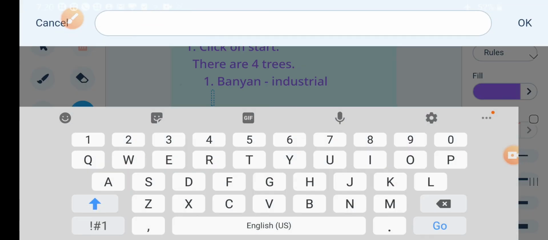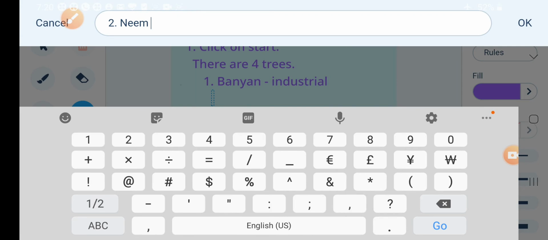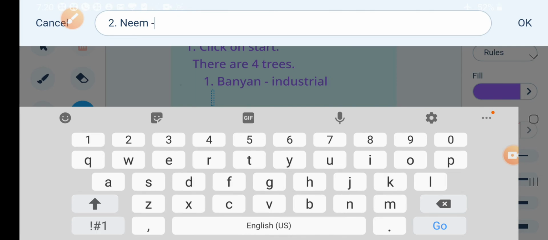Second is neem tree, for coastal landscape.